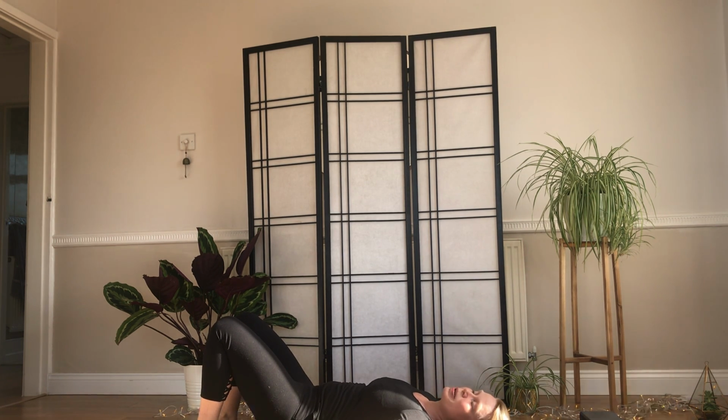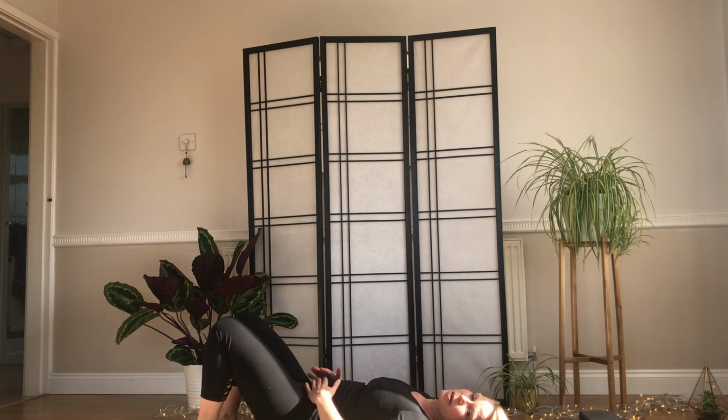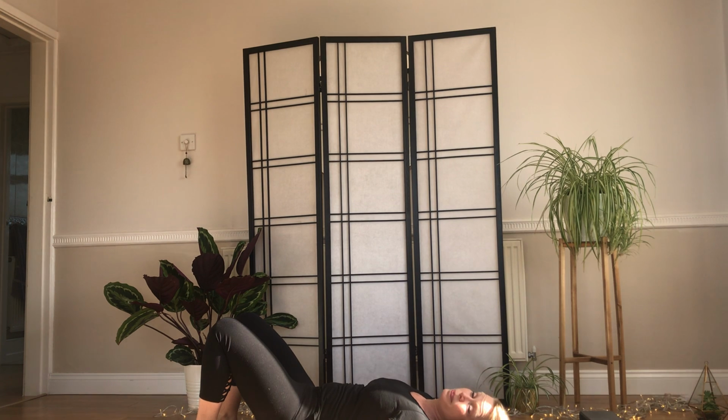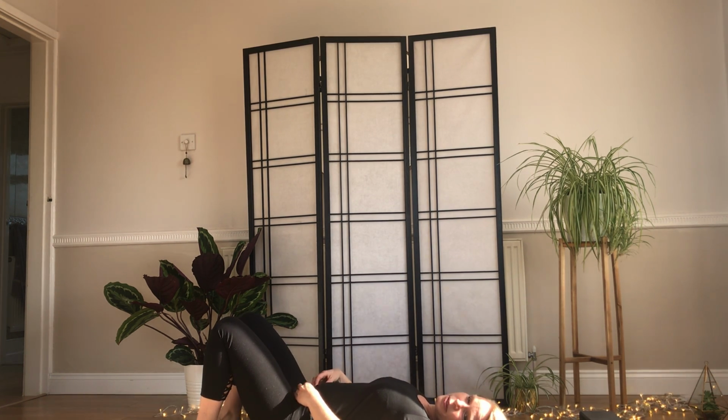So tilt your pelvis, squashing your hands. Or if you feel you can remove your hands and pressing the lower back onto the mat, do that and release. And again, pelvis tilt, squeezing that lower back into the mat and release. So we can either continue doing that, or if you feel you've got the strength and the movement,